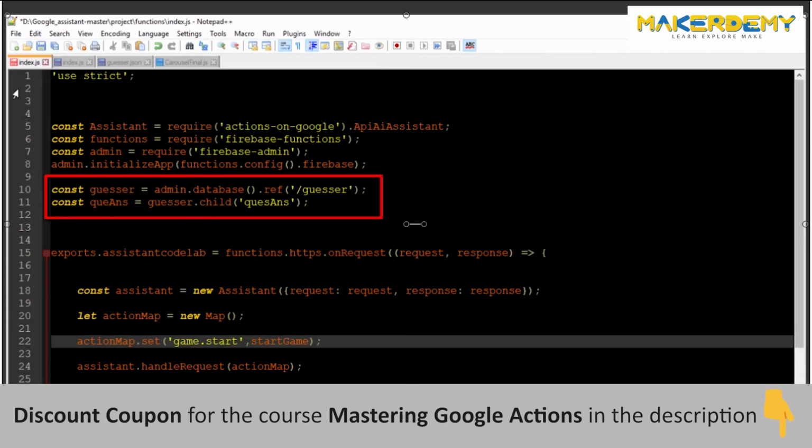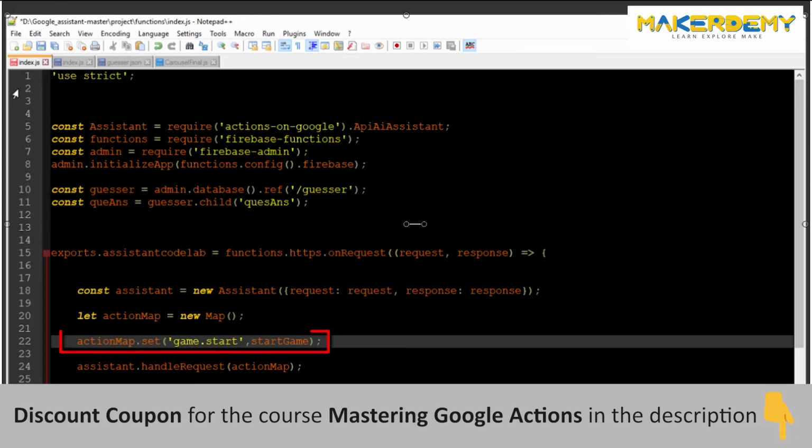The first step is to move into the Firebase database JSON so that we can access the questions. As we did in our earlier project, we will use the ref and child functions of the Firebase database library and move into the question answer branch of the database. Once we are there, we can move into the function of our start game intent from Dialogflow,